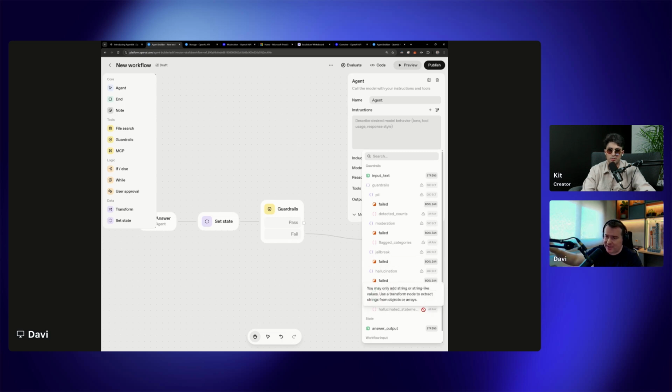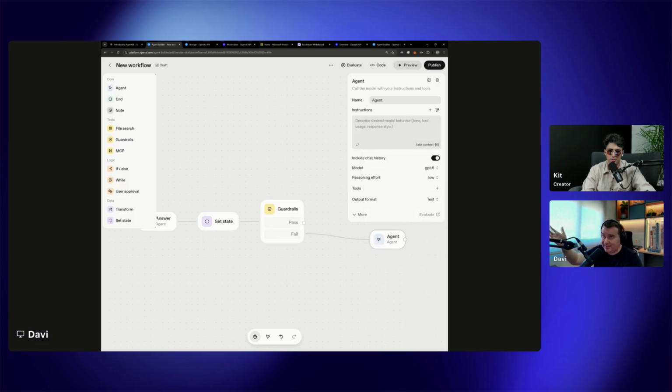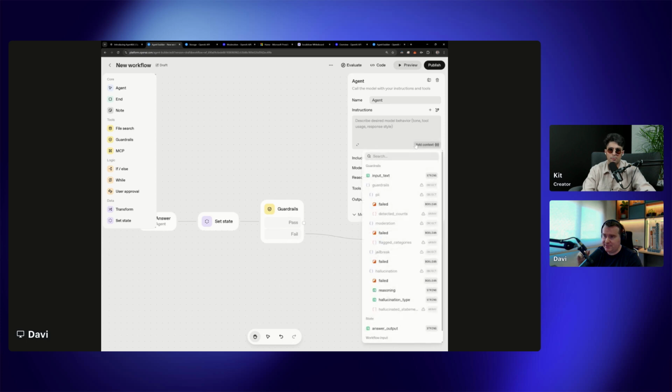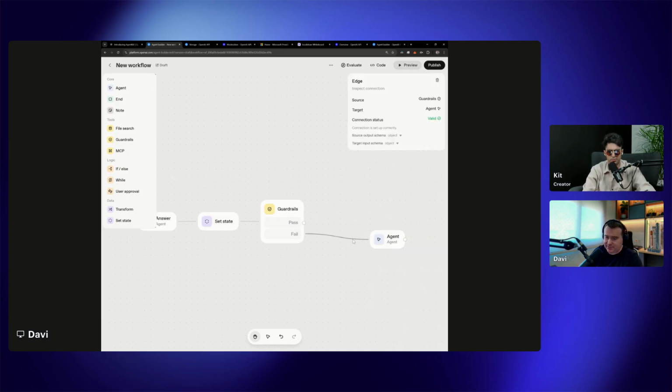So as you can see, if I try to edit, it says you may only add string or string-like values. We use a transform node to extract strings from objects to arrays. So this is why I need to use a transform, because it's not allowing me to simply use the hallucinated statements here directly. Because what I want to do is add instructions to this agent to remove those statements, because at this point I already know if I have hallucinated statements or not, right? And that's the reason why I need to add in the middle here